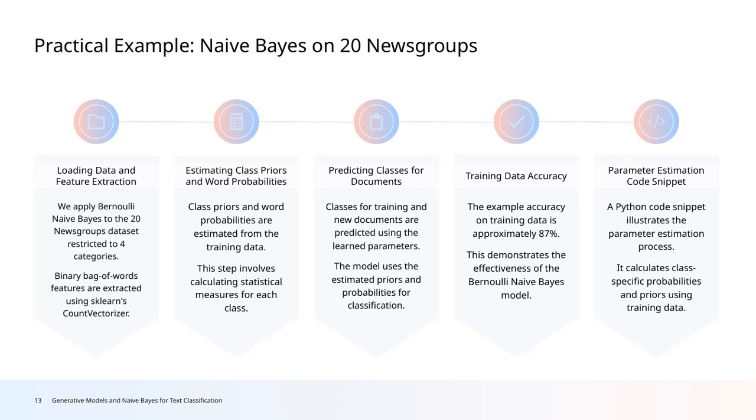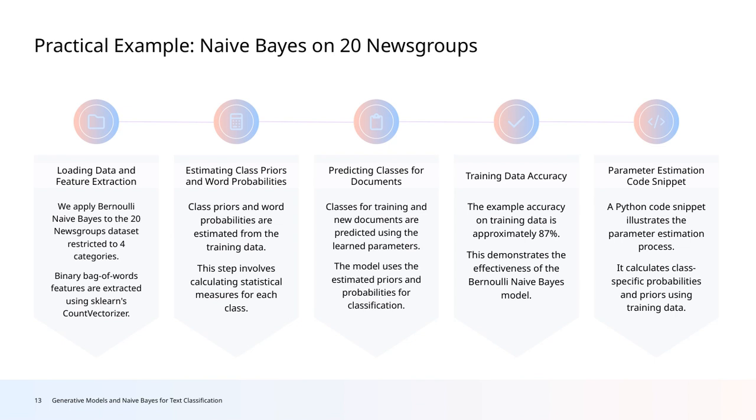Now, let's look at a practical example of applying naive Bayes to the 20 newsgroups dataset. On this slide, we're focusing on how we estimate parameters using a simple Python code snippet. What this code does is calculate the class-specific probabilities, or likelihoods, and the priors based on our training data. By doing this, we can then predict the class of new documents with quite good accuracy. In this case, around 87% on the training set. This high accuracy showcases the effectiveness of the Bernoulli naive Bayes model, especially when working with binary features like presence or